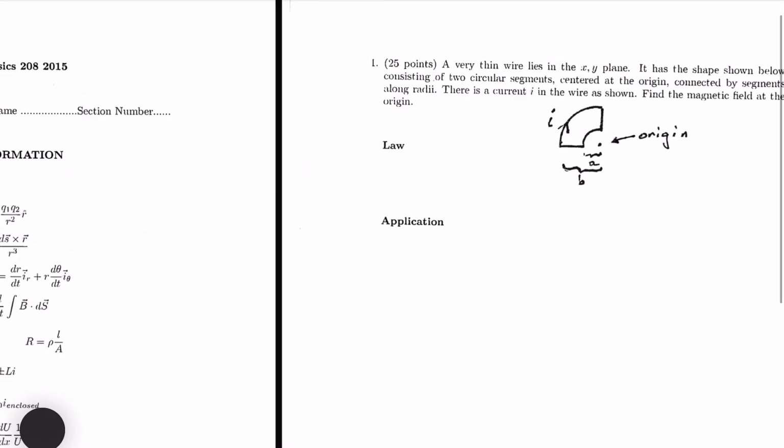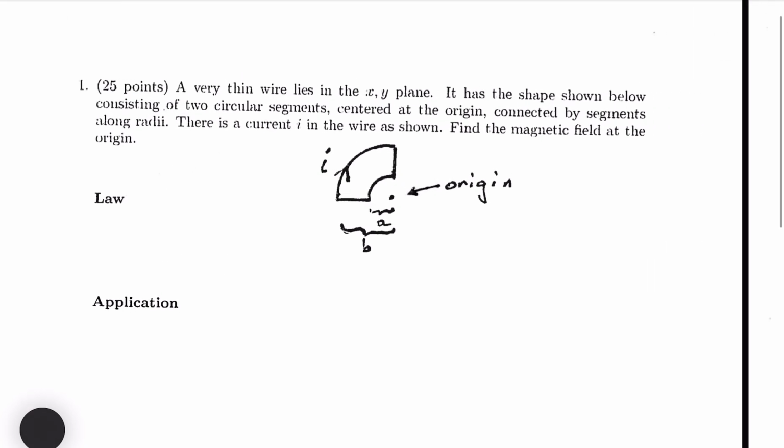So let's get started. We have a very thin wire that lies in the XY plane, and the shape is shown below, which is a quarter circle. Two circular segments, is what it says, centered at the origin, connected by segments along radii. There is a current I flowing in the wire as shown, and it wants us to find the magnetic field